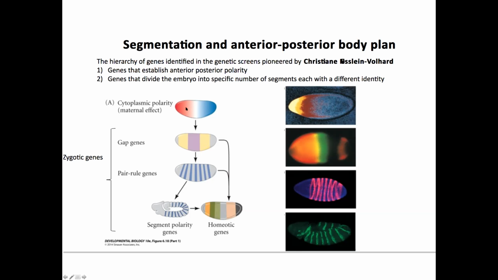And gradually, as the gradient drops, so there is a decline in the concentration of bicoid protein, the target genes that will be activated here will be different. Based on the two opposing gradients and how they are read, the activation of those target genes will be seen in these broad